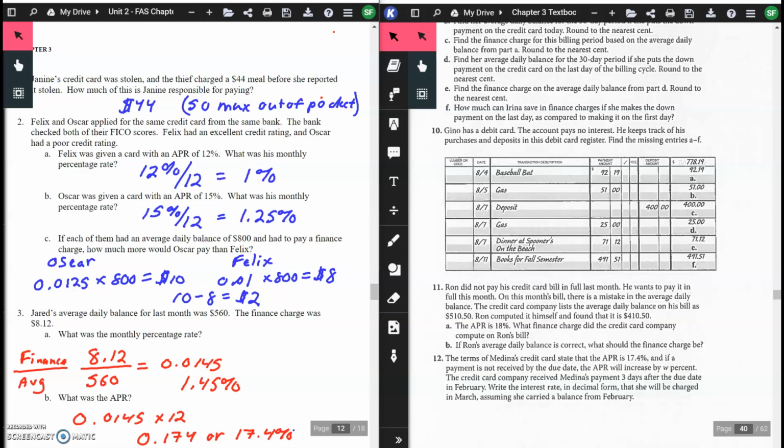Number 2. Felix and Oscar apply for the same credit card from the same bank. The bank checked both of their FICO scores. Felix had an excellent credit rating and Oscar had a poor credit rating. Felix was given a credit card with an APR of 12%. What is his monthly percentage rate? You take your 12%, divide it by 12 months, and that gives you a monthly percentage rate of 1%. Oscar was given a card at 15%, so you take your 15%, divide that by 12, and it gives you 1.25%